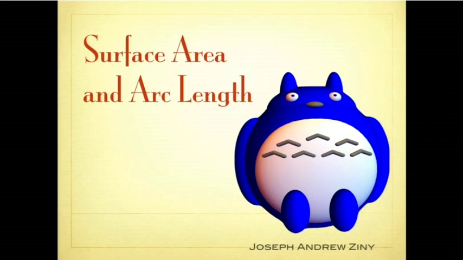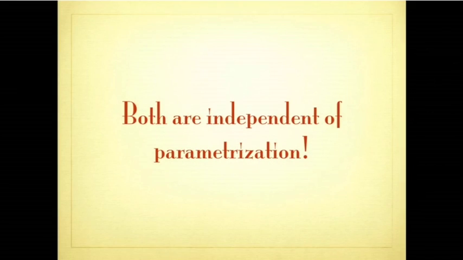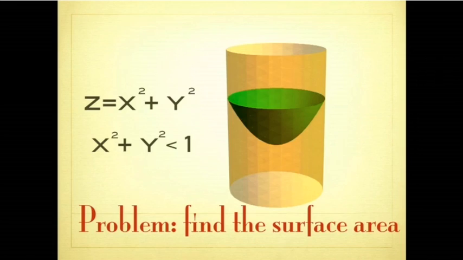And maybe surface area and arc length. You have talked about arc length. The surface area formula is just a formula you have to know. And it's easy to remember if you remember this is an area here. And so this is the area of an infinitesimal parallelogram, and then you integrate that up. And so once you have set this up, you get just a double integral. And it should not be difficult to do. This is an example of a problem.